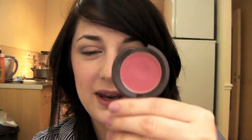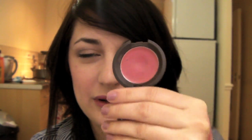Number 7, another Becca. This is Amaryllis, a really, really beautiful cream blush, a pinkish one. If I get out Tuberose and compare them,